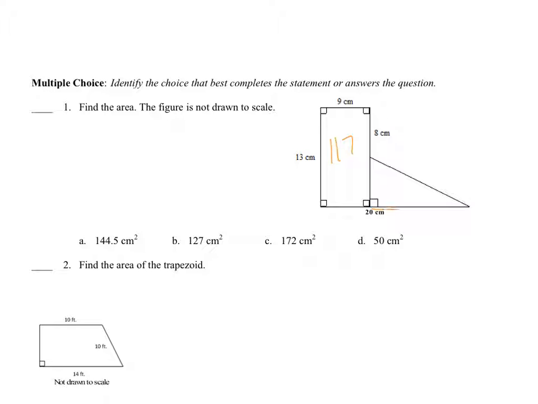So I have to first figure out what this length is. If this whole thing is 20, and this portion is 9, I can subtract those two, and 20 minus 9 would give me 11, so I know this is 11. Same type of thing here, this portion is 8, this whole thing is 13, so then 13 minus 8 would give me 5. So now I do base times height, divide by 2, so 55 divided by 2, 27.5, and I have to add this 117 to it. You get